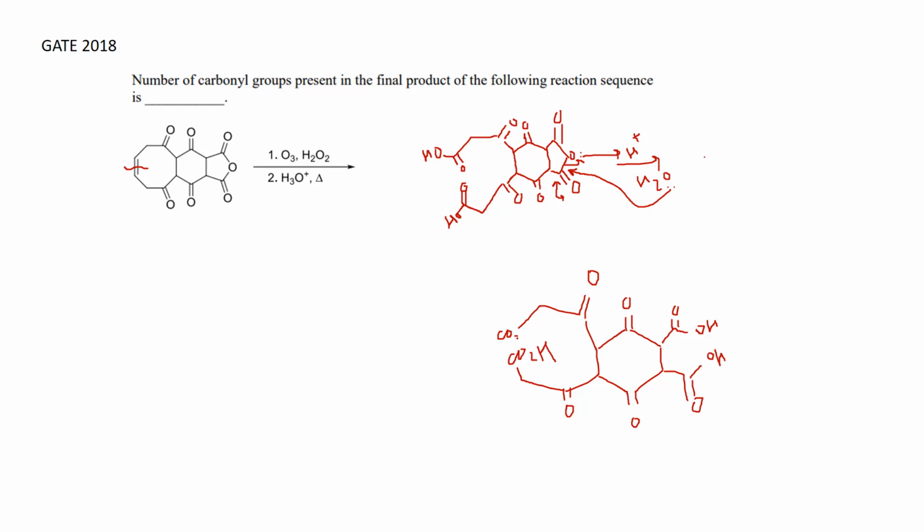So now they have asked how many carbonyl groups will be there. What do we call carbonyl groups? Only the aldehydes and ketones are called carbonyl groups. So we will just consider the aldehyde and ketone, not the acid ones. Acid ones are not considered as a carbonyl group. So this is 1, 2, 3, 4. So the number of carbonyl groups will be 4. From GATE, you just have to write 4. If you write anything other than 4, the answer will be incorrect. So the correct answer will be 4, and no options are given for this NAT type of question.